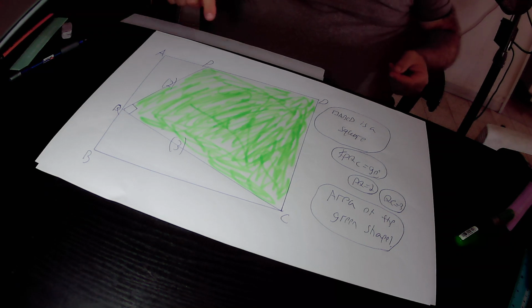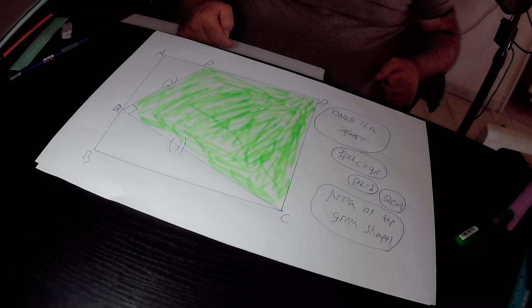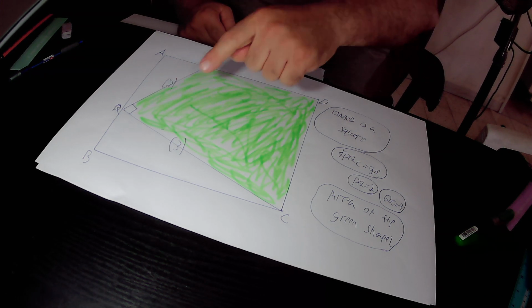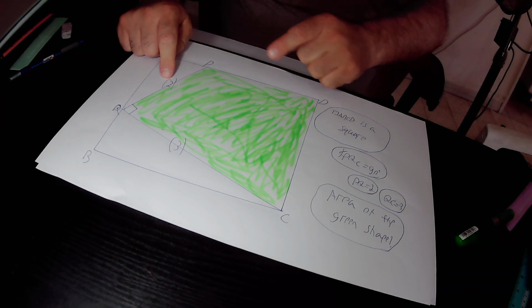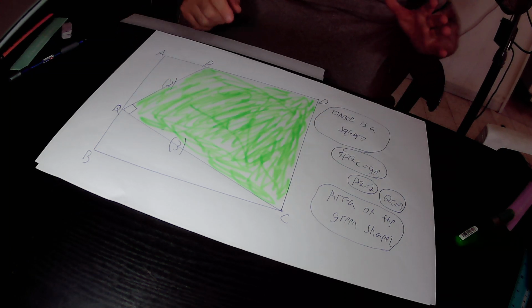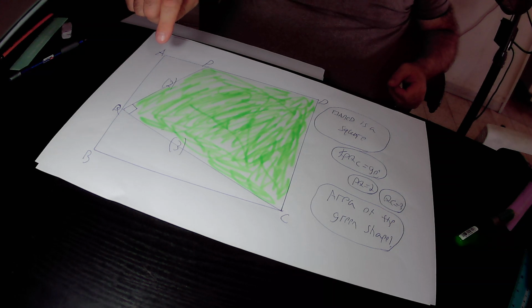In the drawing we have square ABCD. We know that this angle PQC is a right angle. Line segment PQ equals 2 units in length. Line segment QC equals 4 units in length. Again, our mission is to find the area of this green shape, that is actually the area of quadrilateral